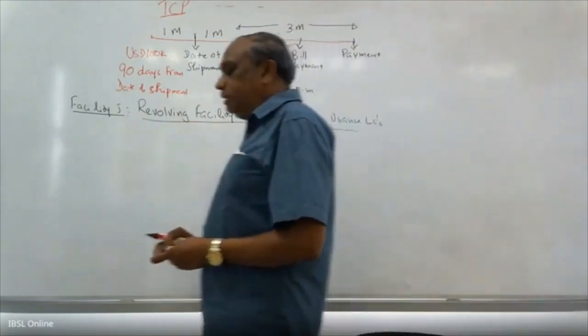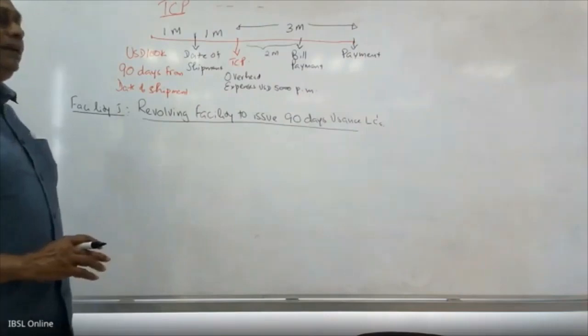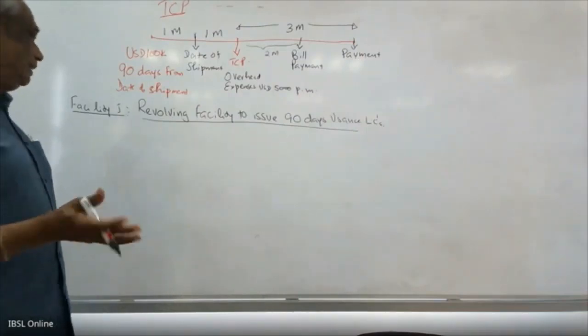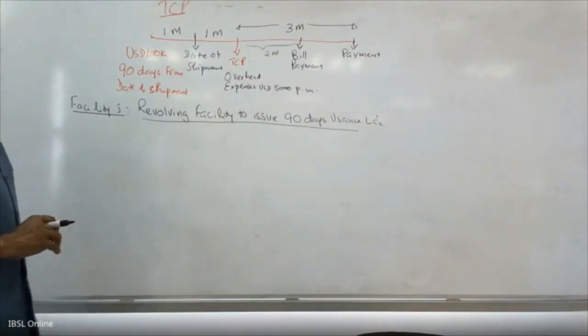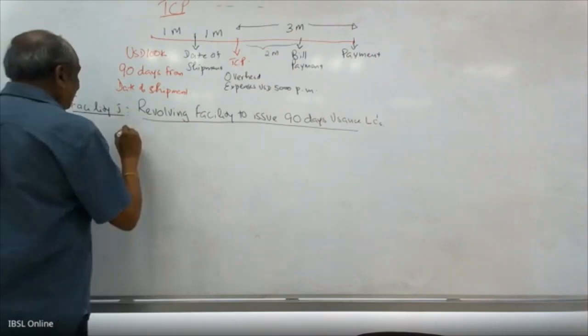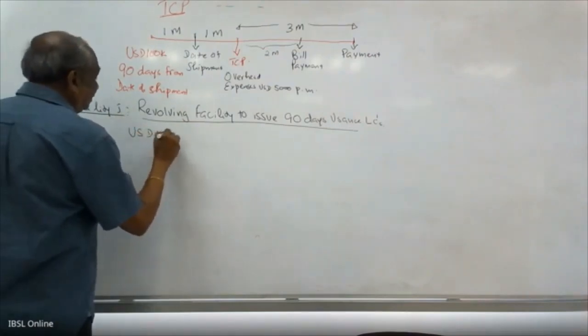Or you can say another way: it will take another 1 month to receive the goods. Therefore, the facilities needed will be US dollars 100,000